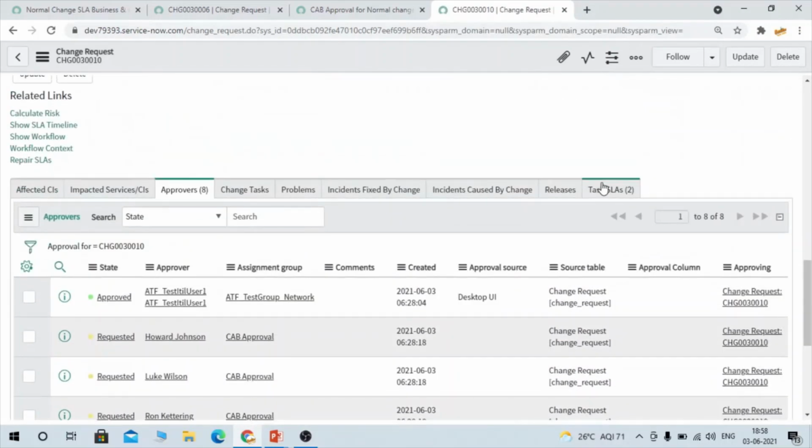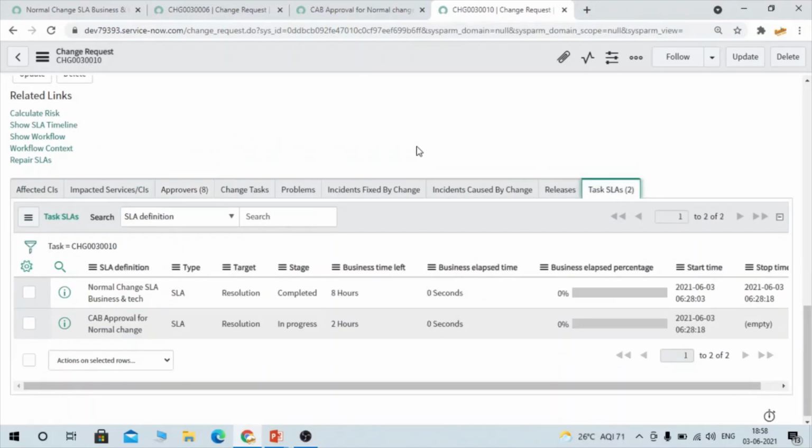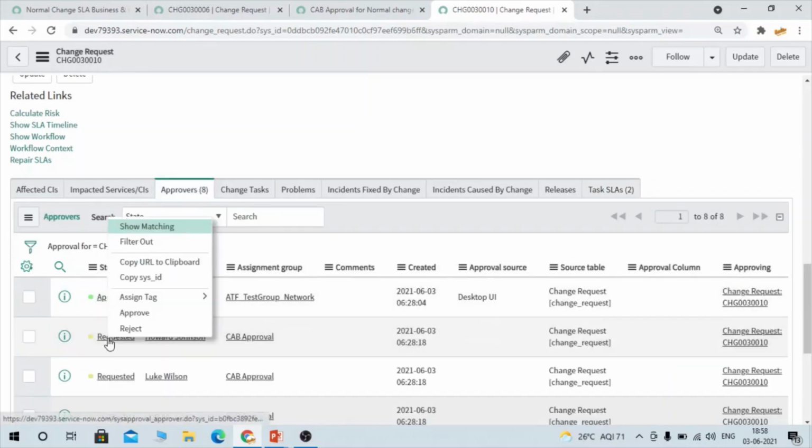Okay, so once I approved it, the CAB approval got triggered because it's in authorized state, and this normal change SLA business and tech got completed, and this is still running. It is in progress. So let's go and approve the CAB approval as well.